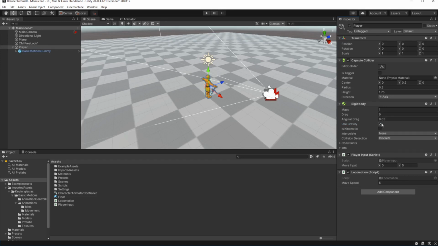Before we launch in the editor, remove the Use Gravity checkbox. We don't need it because we are applying gravity through the code. Then set Interpolate to Interpolate.